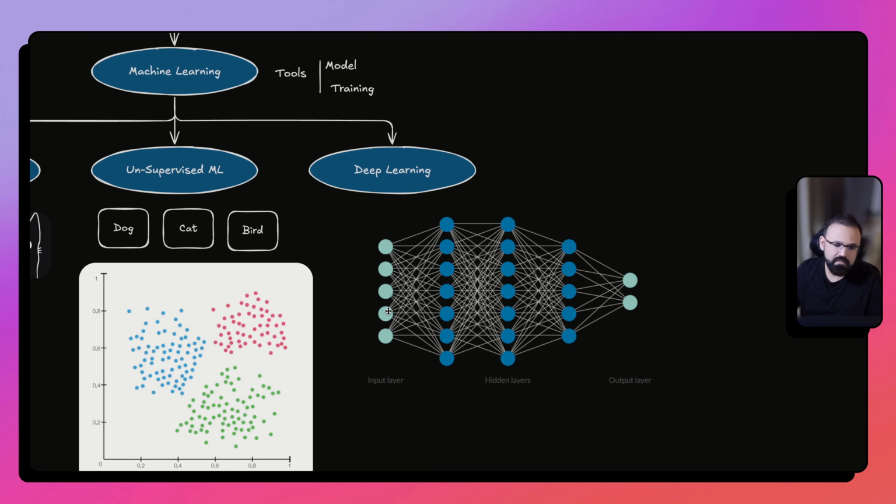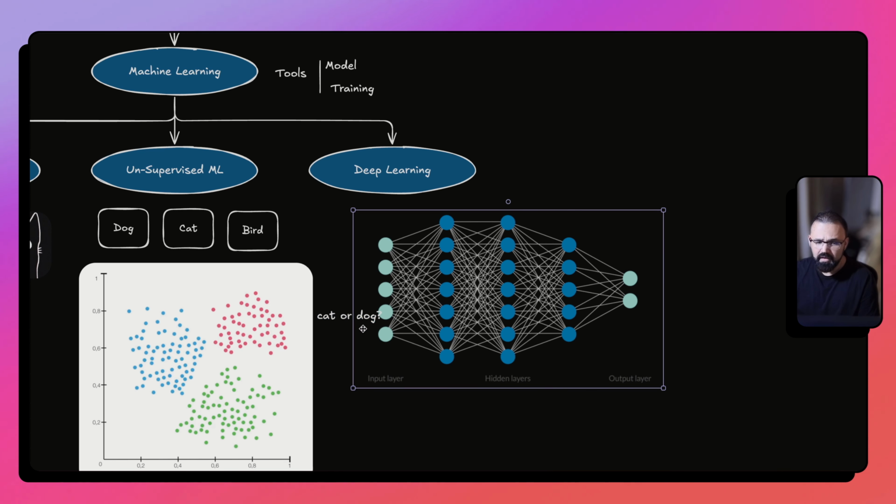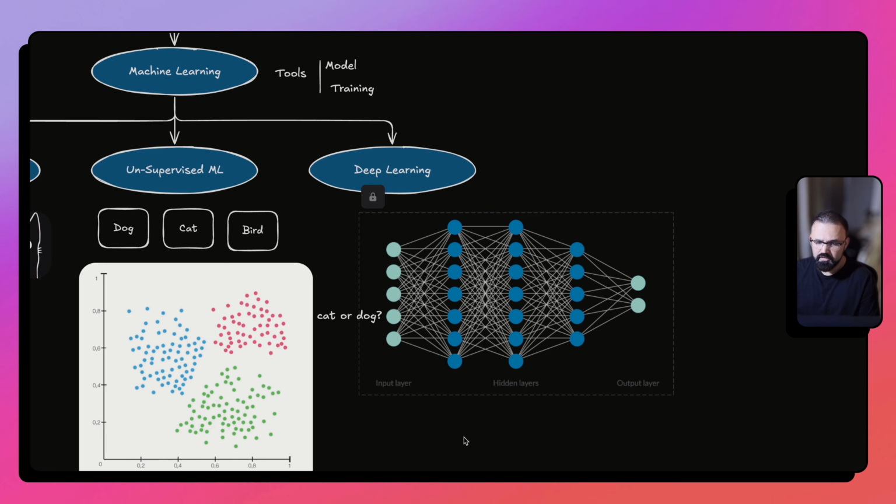What it does is, let's take an example, right? We start with an image, and we say it's a cat or a dog, right? So if you start with this question, if it's a cat or a dog, right? So this would be our question. And maybe I'll lock this for now so that we can play around with this. So we started with this question, with an image, and we are saying if it's a cat or a dog. Now, all these nodes that you see under the hidden layers.